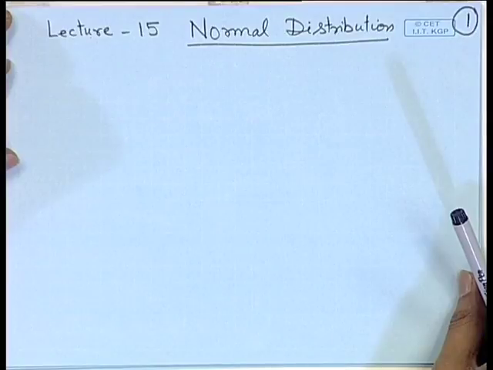Today I am going to introduce one of the most important distributions in the theory of probability and statistics. It is called the normal distribution. The normal distribution has become prominent because of one basic theorem in distribution theory, which is called the central limit